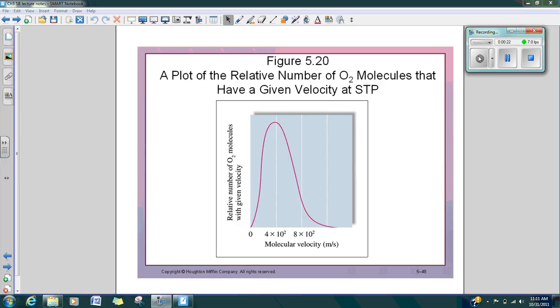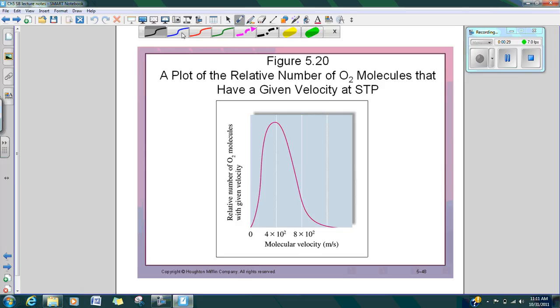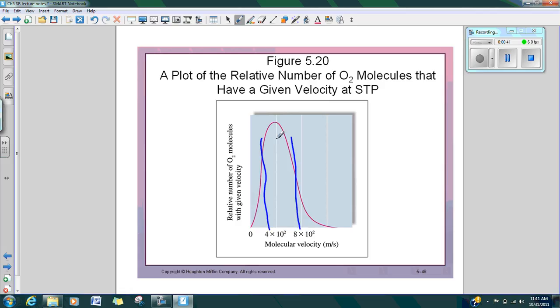So we are talking about the relative speed, the velocity, of a gas molecule. If you take a look at this, you can see the number of oxygen molecules at a given velocity. This is going to be our optimum spot. If you were to draw two lines going down, this is where you would have the highest probability of finding the velocity of those oxygen molecules. Now, they don't all have this velocity because of the number of collisions and the temperature and the situation that